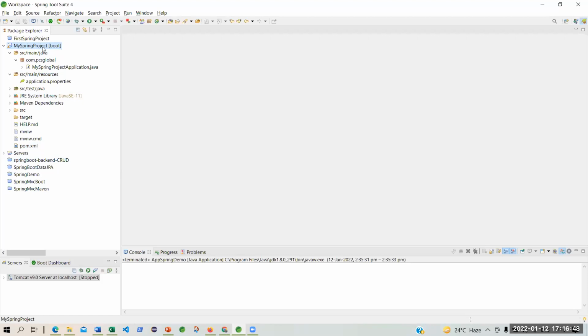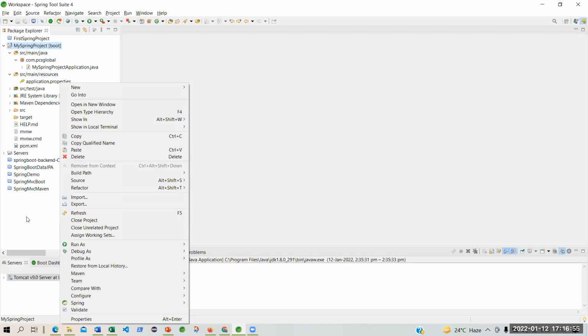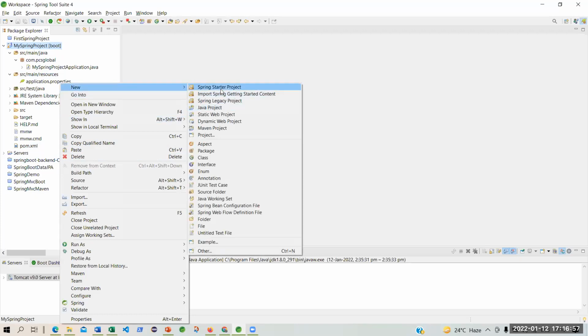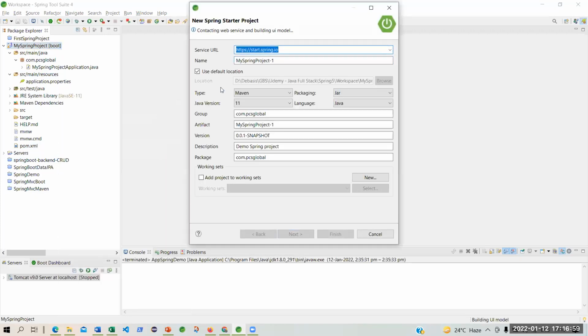So we are using a Maven build, not Gradle. That's why we mentioned Maven. Do you see the type? This project is of type Maven, so that everything, building, cleaning up, will be taken care of by Maven. There is also Gradle, but we are using Maven.